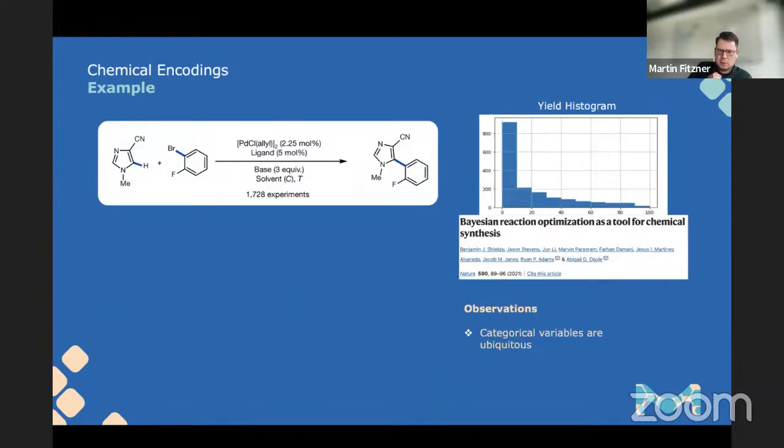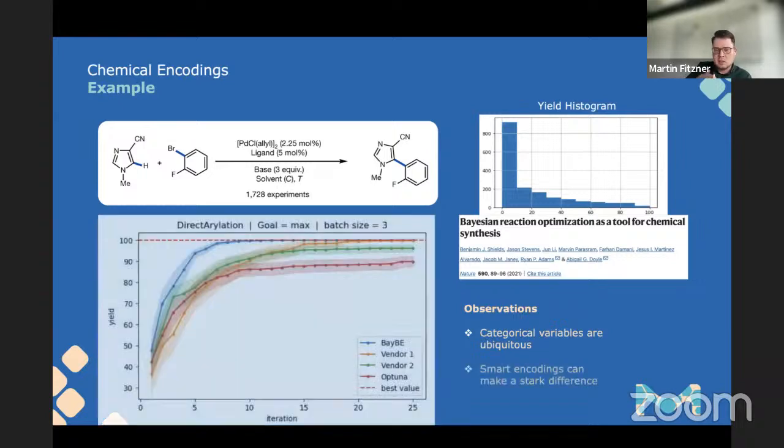So here is a quick example of what this can achieve in practice. This is a very, very well-known data set. I think really seminal work here by Shields et al., where they have shown the usefulness of Bayesian optimization in chemistry. The nice thing about this data set is that this is a reaction type that happens all the time in industry. And they have measured all combinations. All combinations just means you can do a backtest. You can act like you're optimizing this and just look up the result instead of doing the actual experiment, because somebody has already done that experiment.